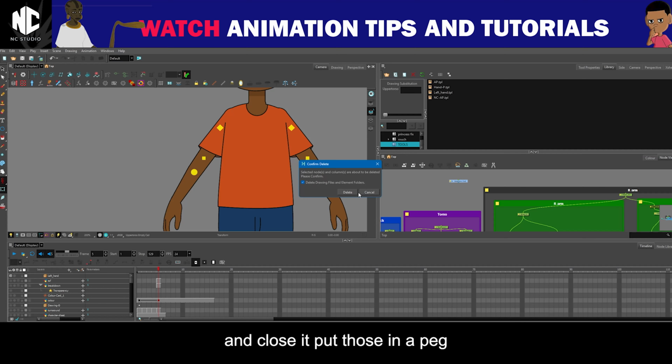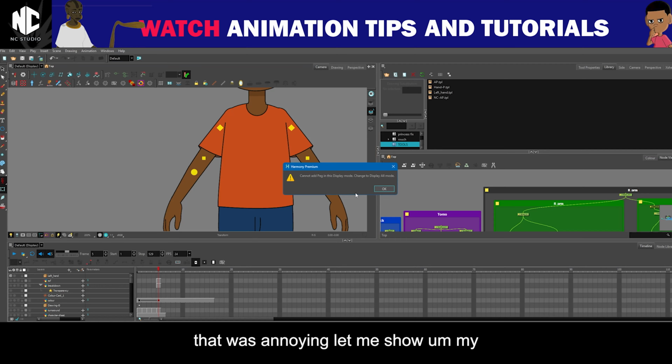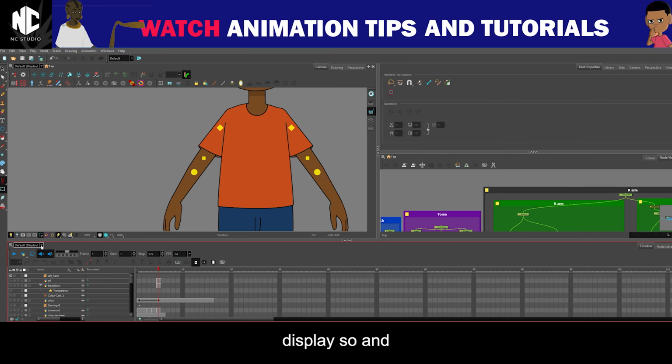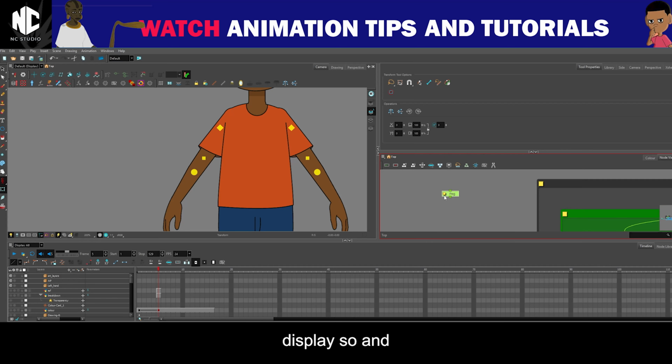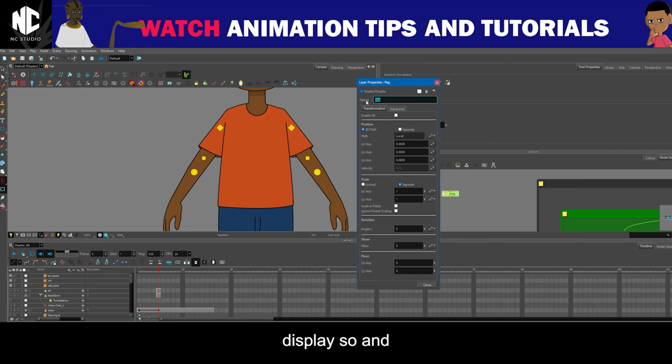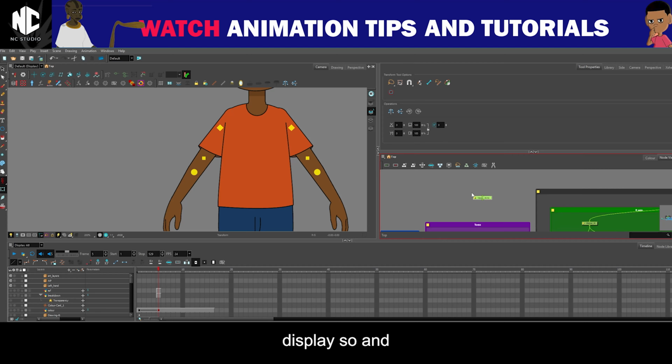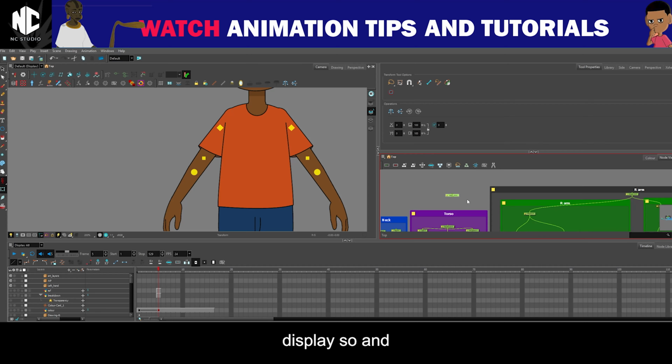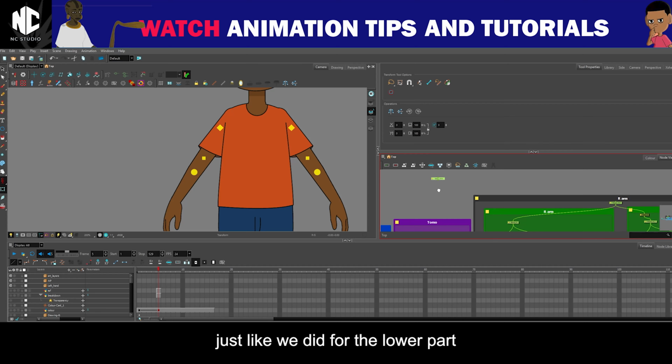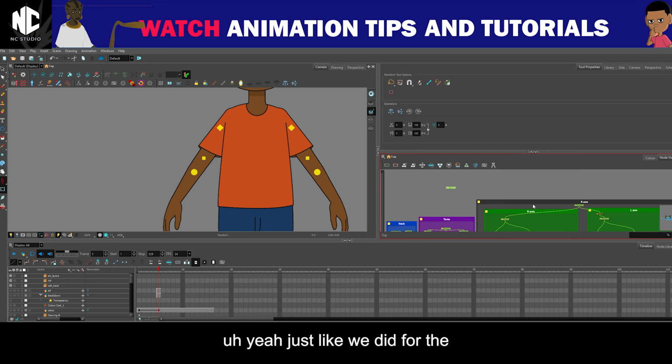Wait, that wasn't a peg, that was a drawing. Make sure I'm on display. Go to create a peg, name it upper torso, and just like we did for the lower part,